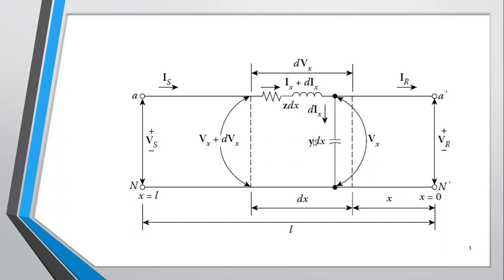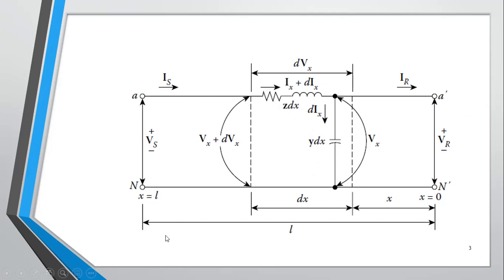It is a very easy task as compared to developing the model for the complete length, which becomes very difficult. So the easiest way is that we divide the transmission line into small lumped parameters, and then we find the whole value of the parameters.